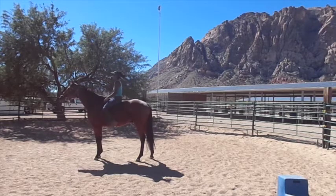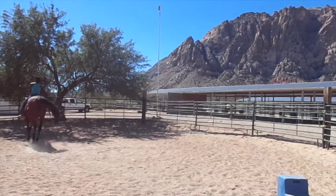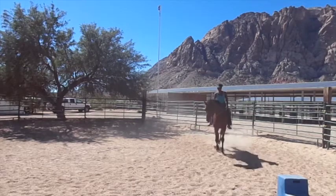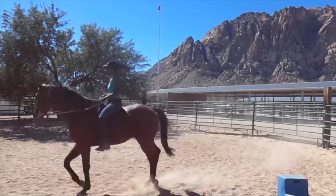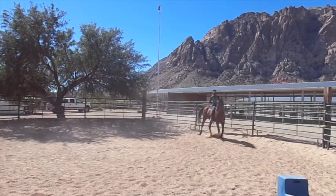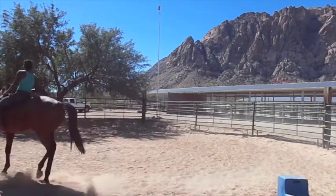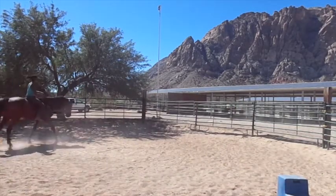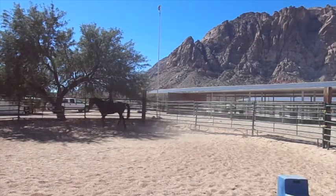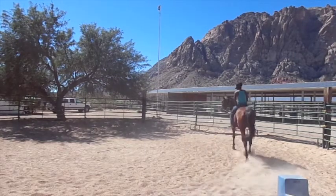Oh, and I do want to mention that the video is not overly edited. Basically, I just cut out the parts where we move outside of the frame. I didn't have someone to videotape for me, so I had to set up some still motion, or I had to set the camera on one end of the round pen. So there are times where we ride outside of the camera range, but then I just kind of cut that part out and went right to the next part. So it's not a trick video. He didn't do anything or act up or anything, and then I just cut those parts out. That did not happen. You're seeing everything,